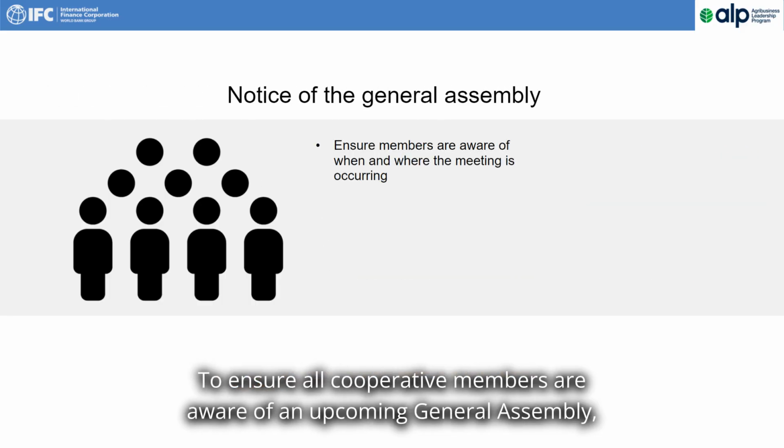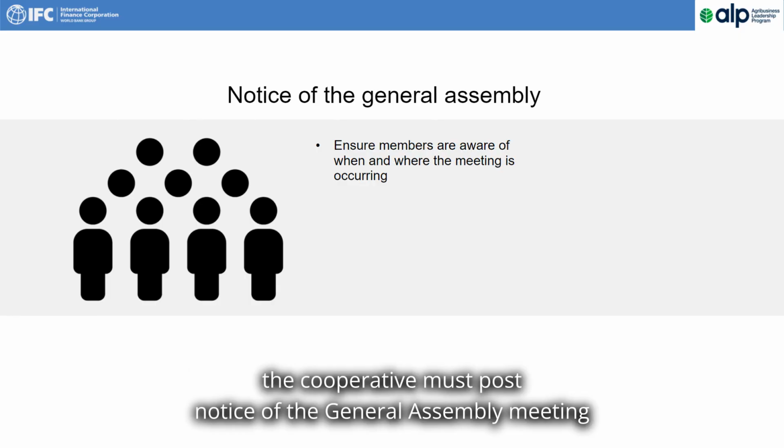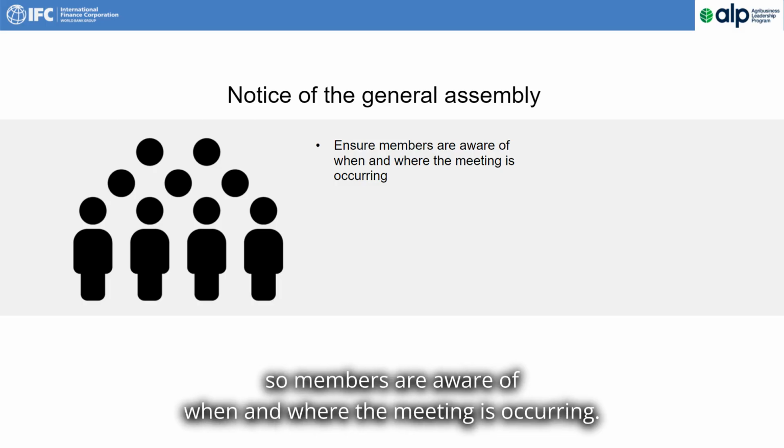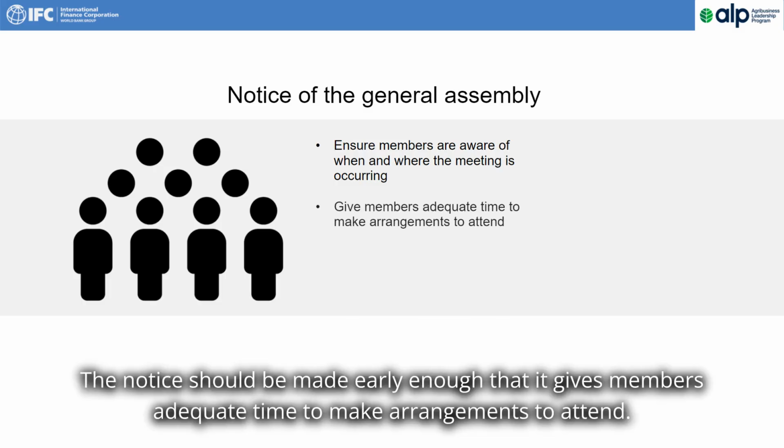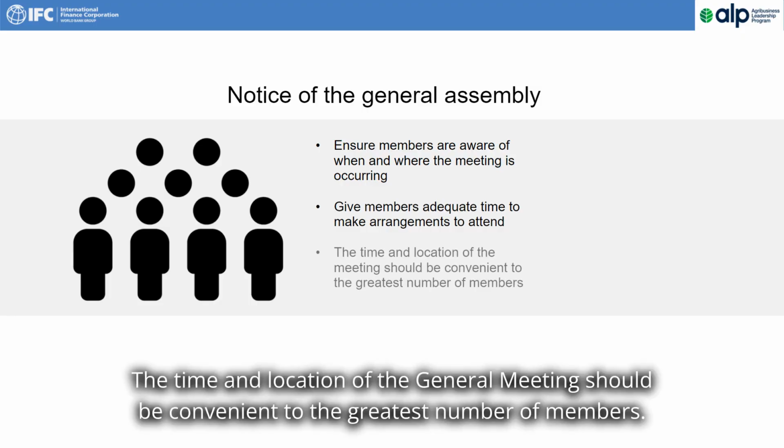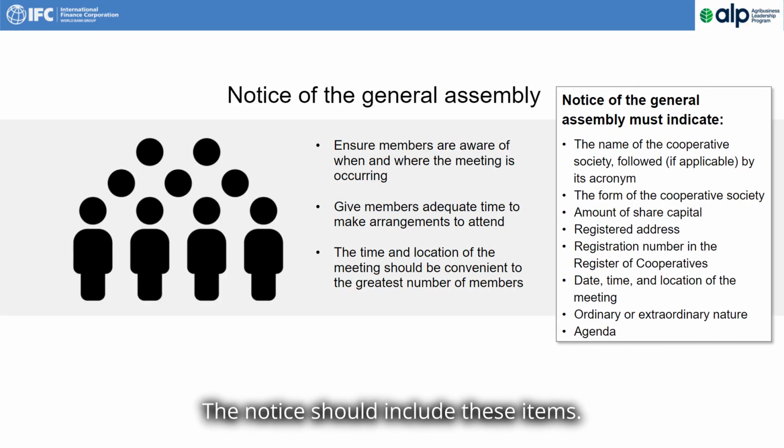To ensure all cooperative members are aware of an upcoming General Assembly, the cooperative must post notice of the General Assembly meeting so members are aware of when and where the meeting is occurring. The notice should be made early enough that it gives members adequate time to make arrangements to attend. The time and location of the general meeting should be convenient to the greatest number of members. The notice should include these items: